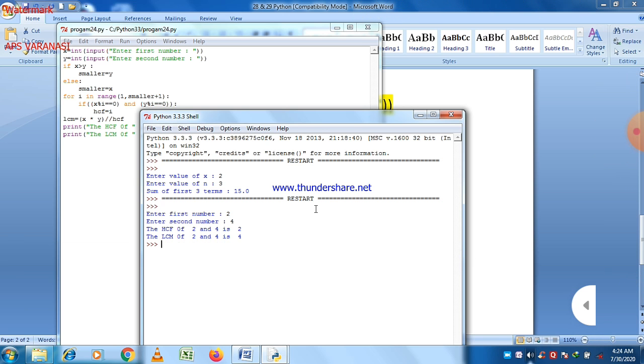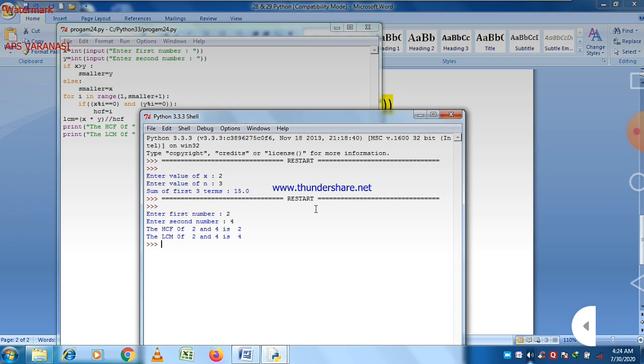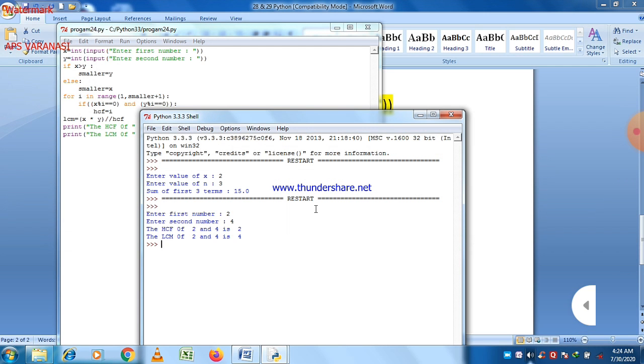So you can easily see that. You can also calculate it using the formula. The highest common factor of 2 and 4 is 2, and the LCM of 2 and 4 is 4. Now I think it is clear to all of you how to calculate LCM and SCF. If you already know what LCM and SCF are, then this program is very simple to you. Just apply this logic, and according to that logic, the answer will be printed here. So the SCF of 2 and 4 is 2, and the LCM of 2 and 4 is 4.